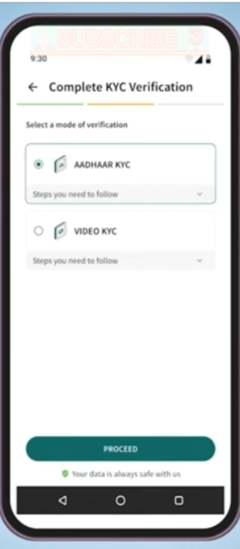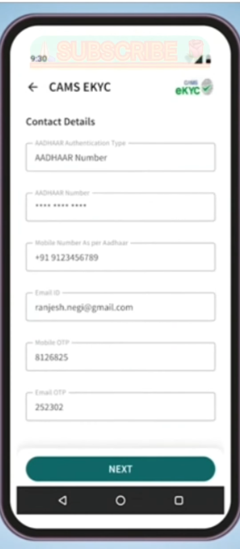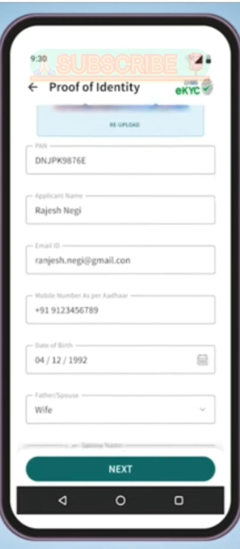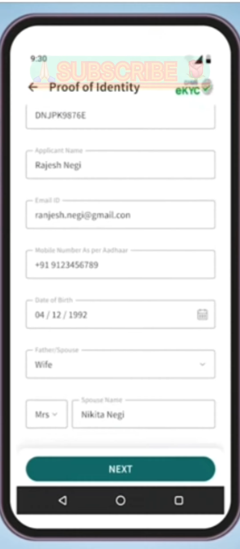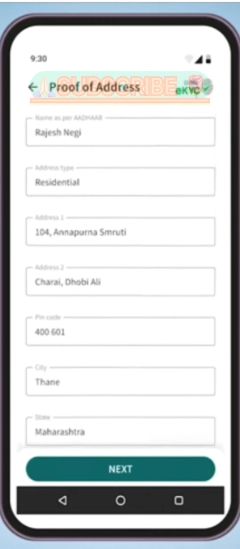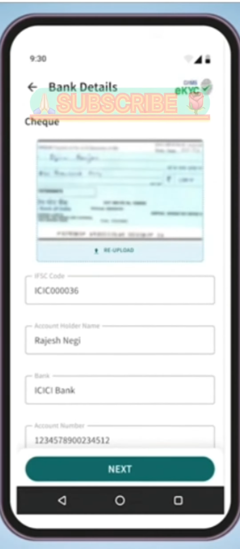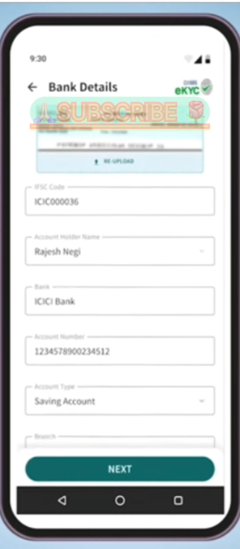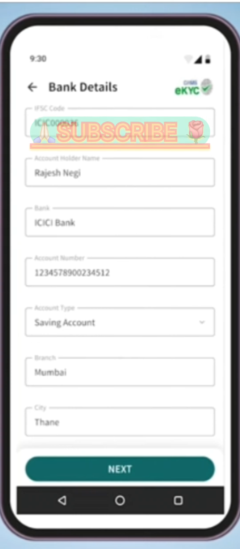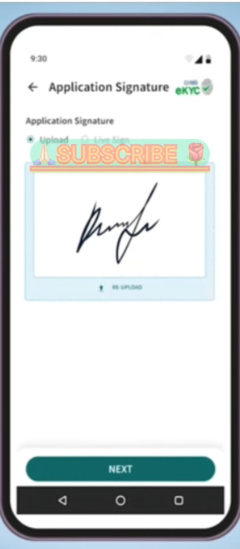Once the bank has been validated, the next step that comes up is your KYC process. So we'll select the Aadhaar KYC. We're giving him the documents that need to be available. After getting all the KYC details like PAN and Aadhaar available to the customer, he fills in all the details. After all the details have been captured, the customer needs to provide the cancelled cheque, basis which you are fetching the details. These details, after they have been fetched,